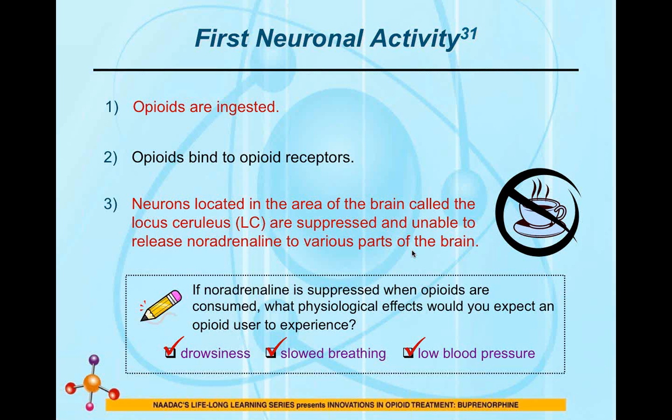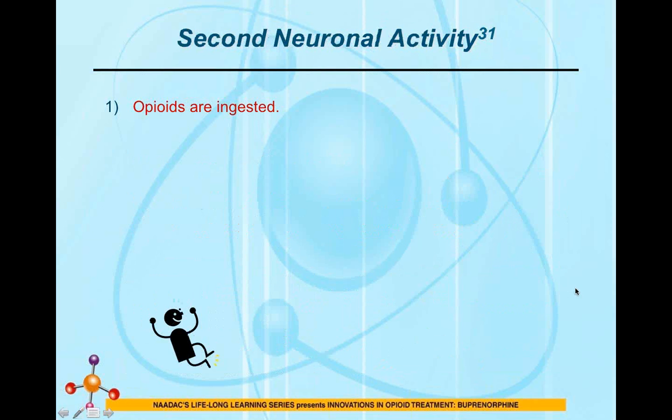And so all of these are descriptions of all of those symptoms that I was talking about at the very beginning that were in red for agonists, because these are the natural effects that happen when someone takes opioids. And I bet you've seen this client in front of you if they've been intoxicated during the time period that you've been around them. So that's the first neuronal activity. Let's put that one off to the side. We're going to keep revisiting it, but let's just put that to the side for the moment,